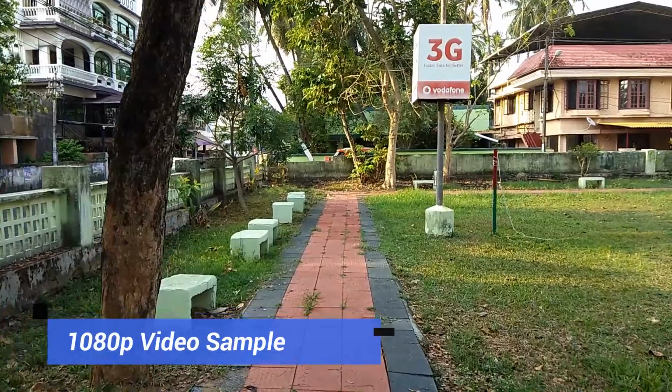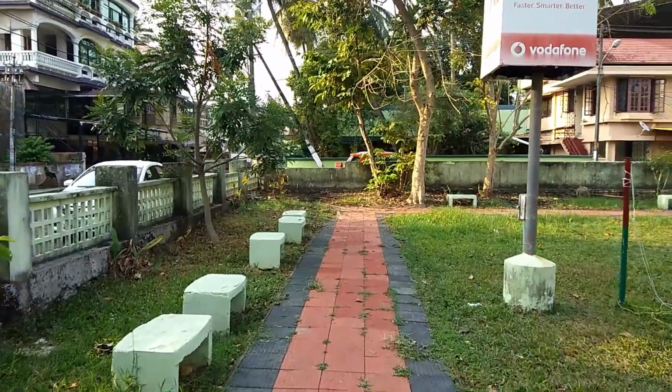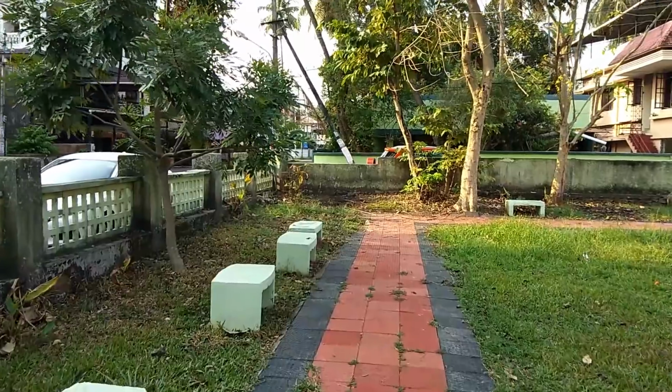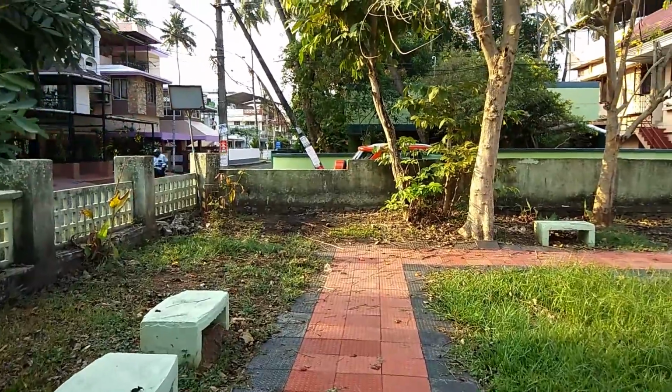So this phone can record videos in 1080p resolution, as well as 4K recording is supported, but sadly there is no electronic image stabilization or optical image stabilization included. That's quite a disappointing aspect, especially for the price segment it is being offered. We would have expected at least electronic image stabilization, which could have been included, and as a result you can